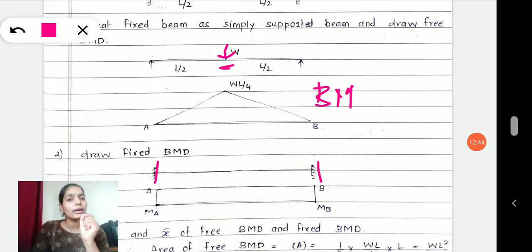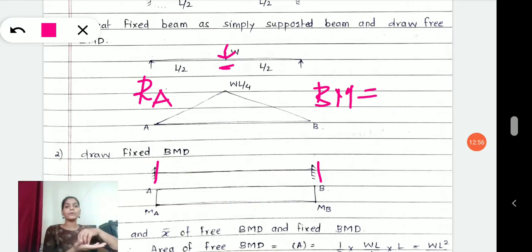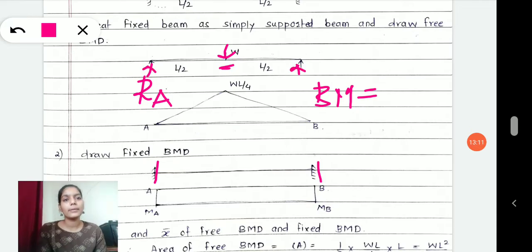Okay. Now how to calculate bending moment? Bending moment will be force into perpendicular distance. What is force? Force will be the reaction at A. Certainly, if my beam is imposed with loading, my beam will not rest as it is. It will show some deformation, or it will show some reaction. Who will take that reaction? RA and RB. Support A and support B will take care of that reaction. So reaction RA at support A, reaction RB at support B. I am taking from the left hand side.